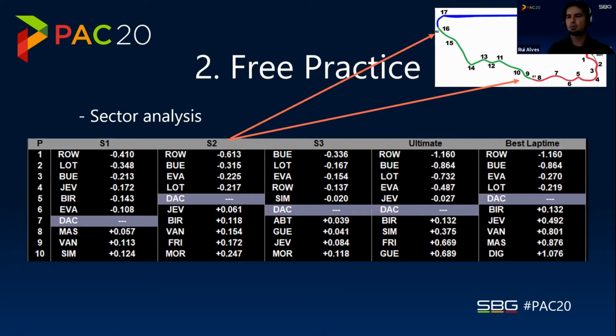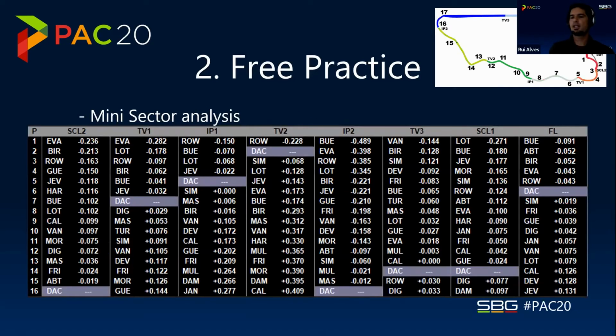But what if we had more sectors? And this is what we actually have in Formula E. The timing feed actually gave us 8 sectors. So you can be more precise on the information that we give to Antonio. And you can say to him, okay,